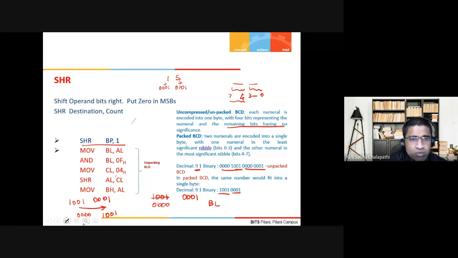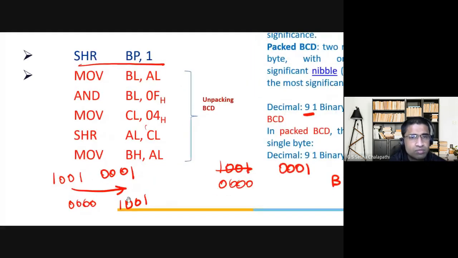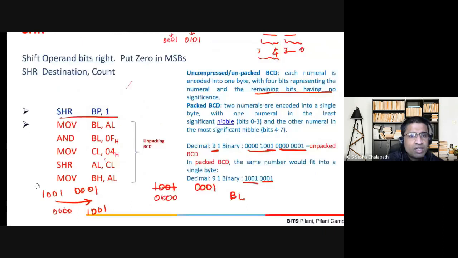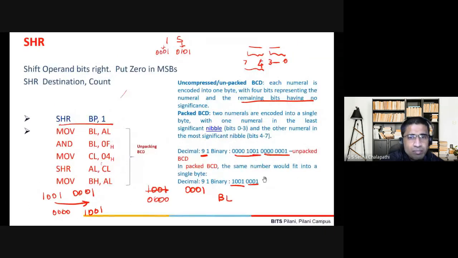That will go into BH. Now this is BH and this is BL. By this, I am making the packed BCD into unpacked BCD.